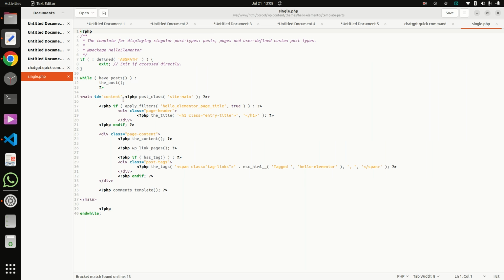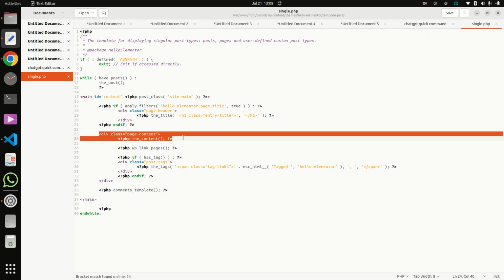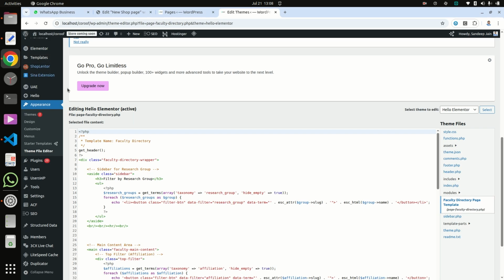Like here it is showing the content, so I am putting the same thing inside that, like